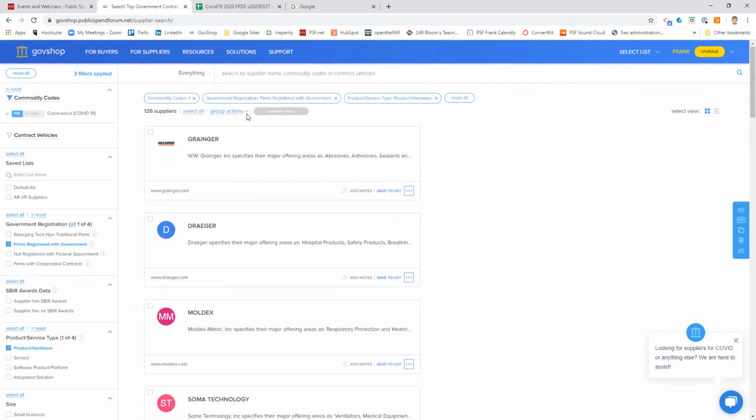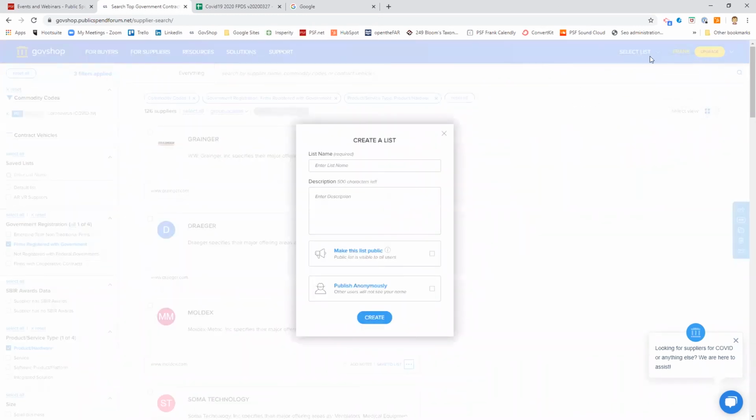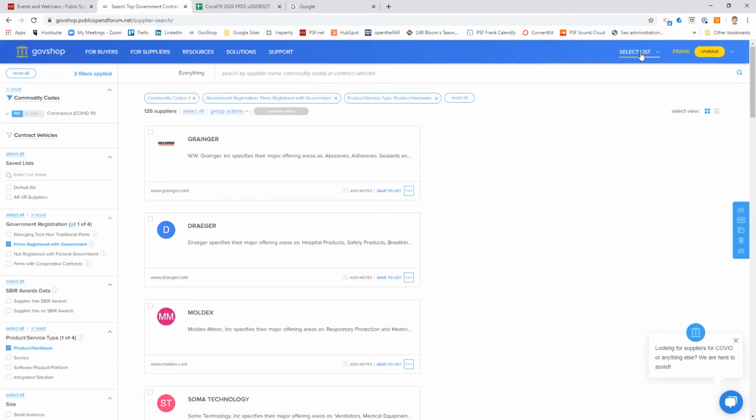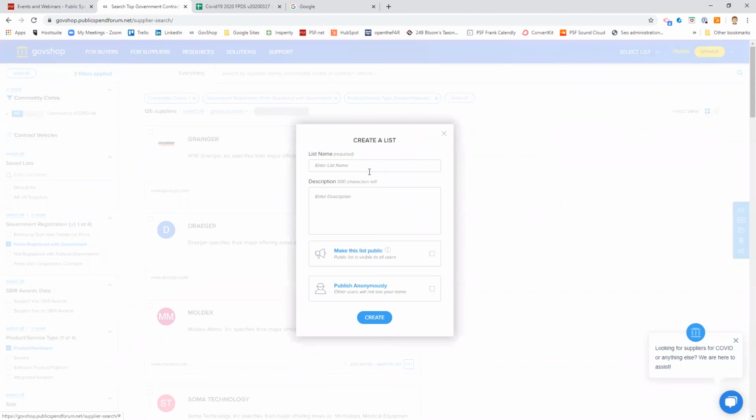So what I might want to do now is create a list of these suppliers and add these 126 suppliers to a list for COVID suppliers. So what I'll do is go up here to select list. Hopefully you saw that. Select list. And I'm going to add a new list. Let's just call it COVID-19 suppliers. The description, I'll just say these are firms registered with government that offer product, hardware related to